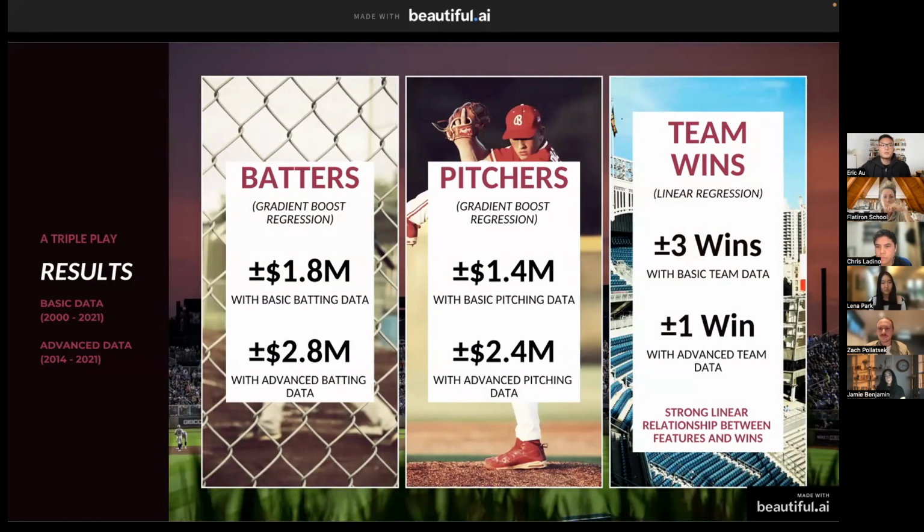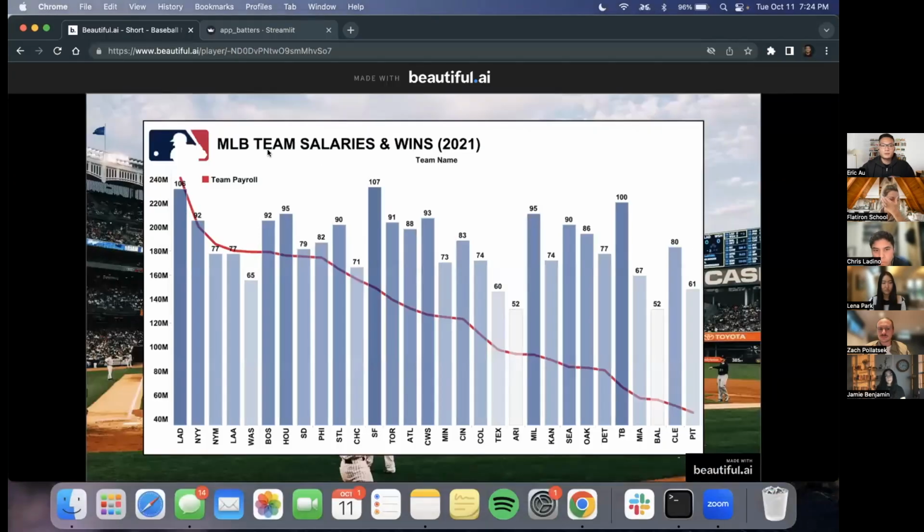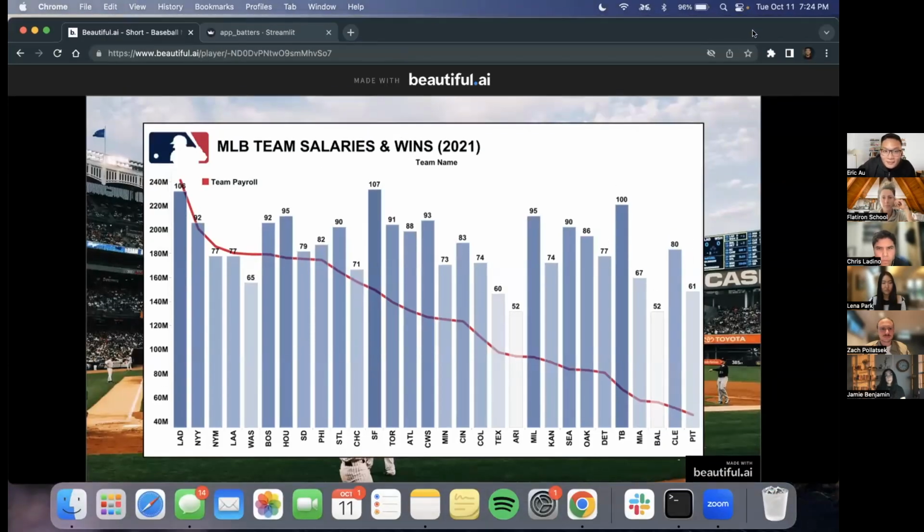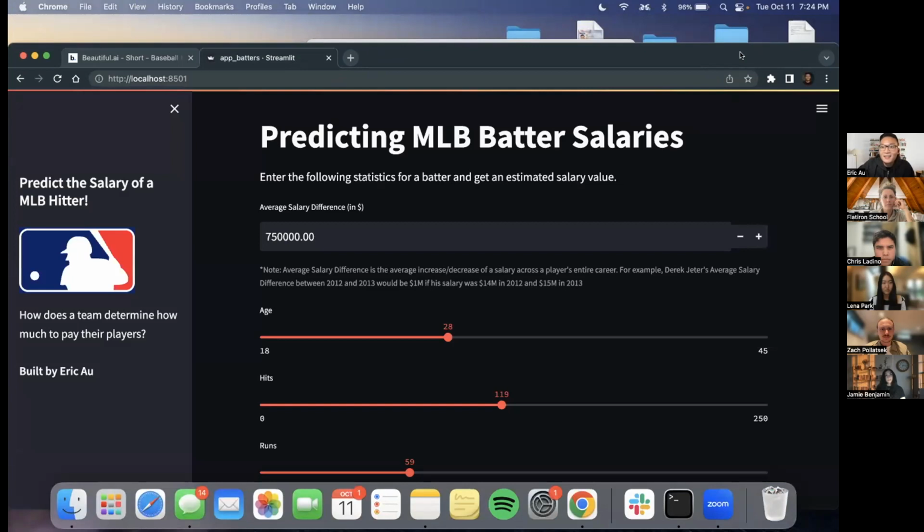When predicting team wins per season, this was a fairly simple linear regression model where I was able to achieve a margin of error of 1 win using advanced team data, thus indicating that there's a strong linear relationship between features and wins. So quickly, I just want to show this application